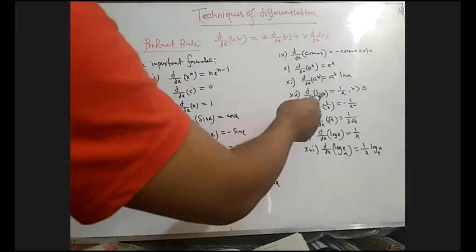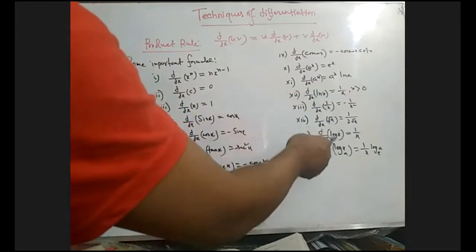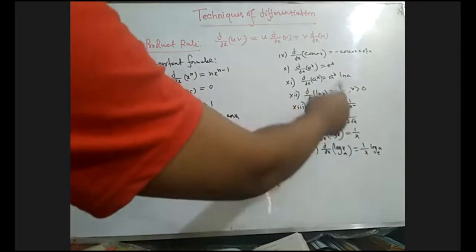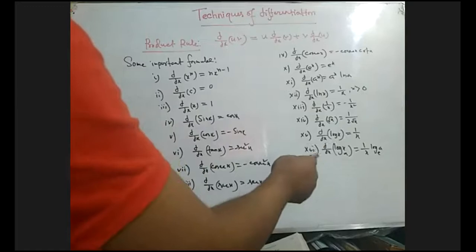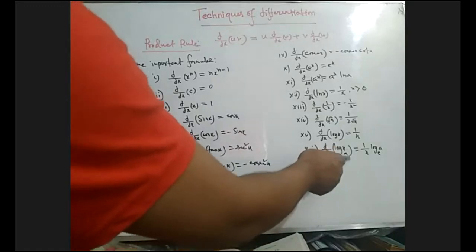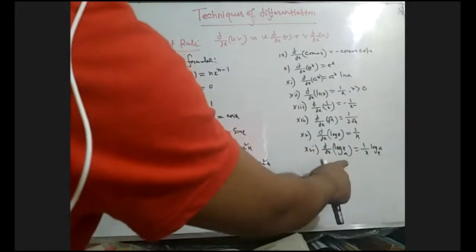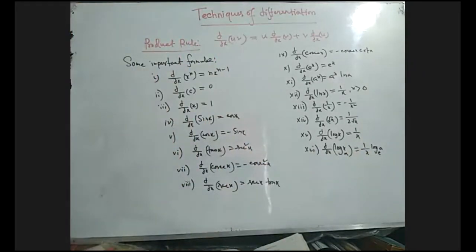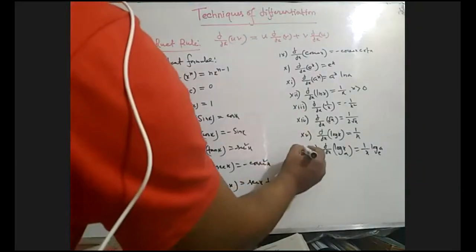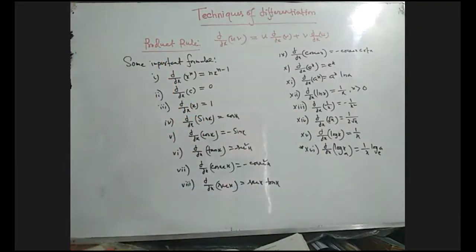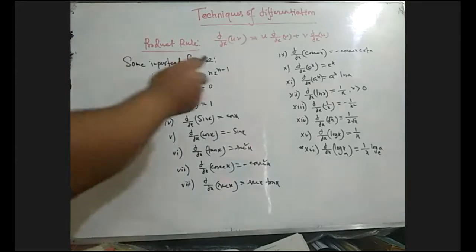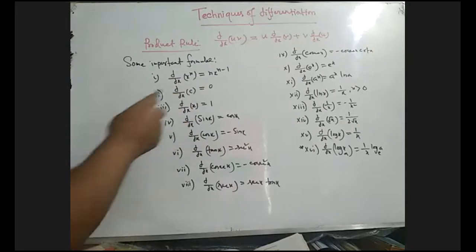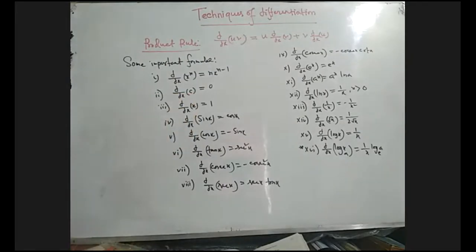So in calculus, ln x and log x are the same. Okay. So d/dx of ln x or log x with respect to x will be the same, 1 by x, but x can never be 0. So d/dx of log x base a, this is the base a, this formula will be 1 by x log a base e. Okay. This is the exceptional formula for us. So this is the power rule. Remember it. This is the power rule. This is the constant rule or constant multiple rule.